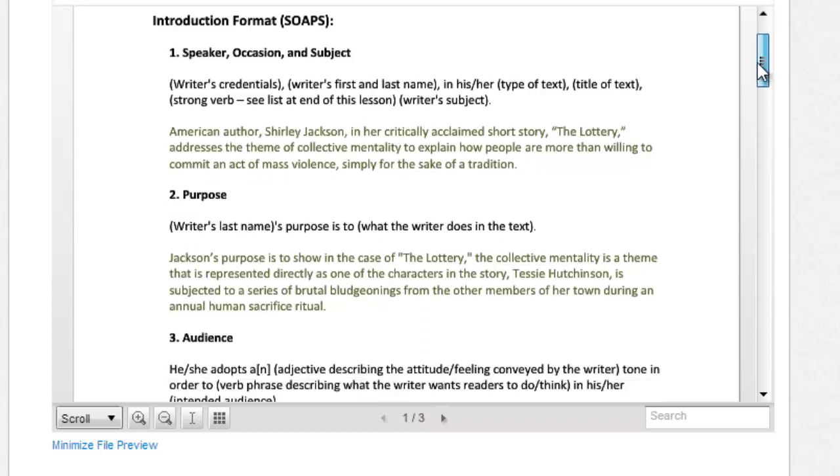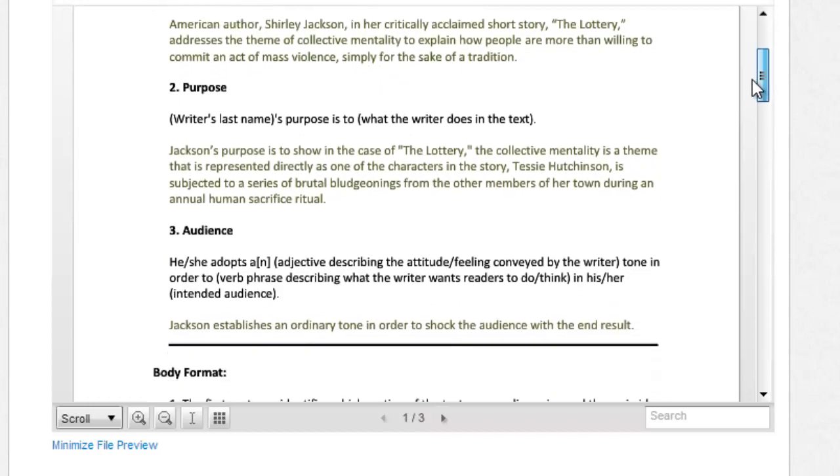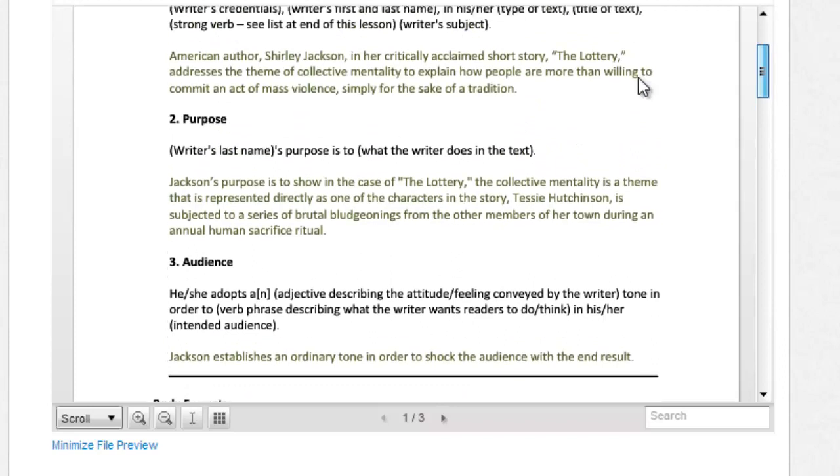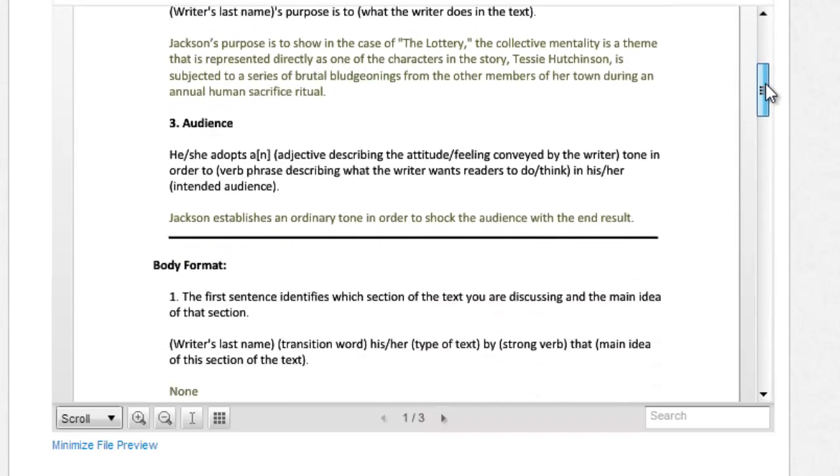It's just not possible, because then you're skipping a thesis. So a lot of people have a hard time with this whole tone thing. Well, if you're having trouble with that, then skip that one for now. You'll understand tone more as we move further along in the class. Okay? So that's your introductory. This could be a paragraph by itself, or it could be just the first part of your journal.